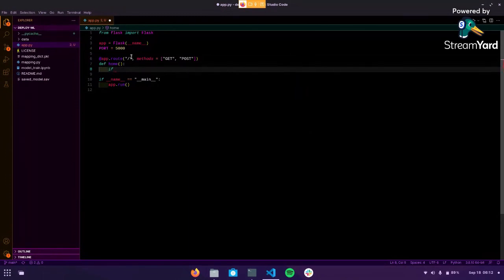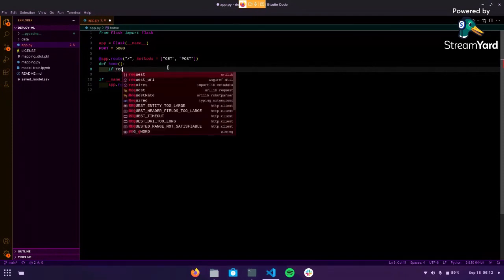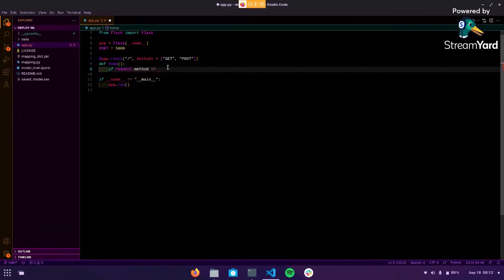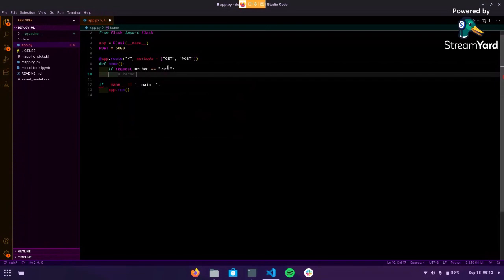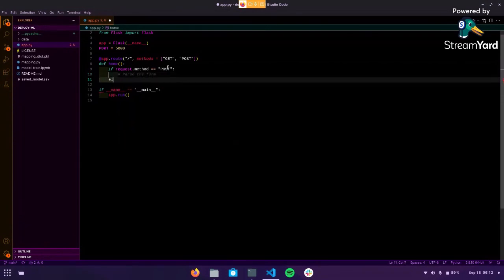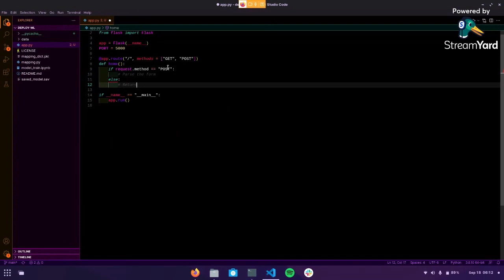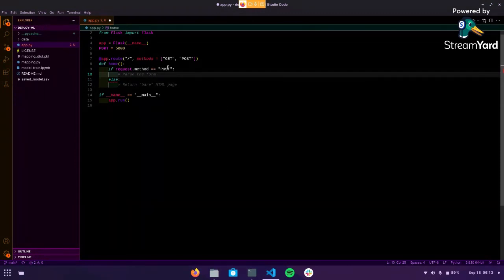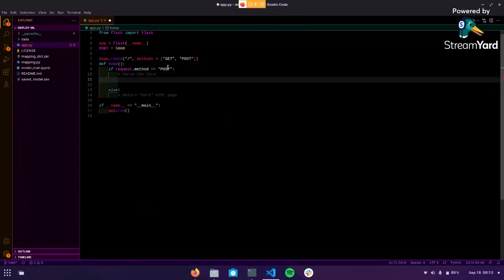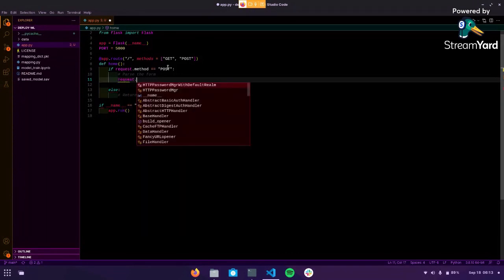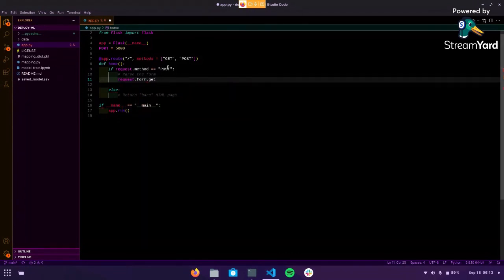And we'd also have to import the requests module. Right, so if this is a post method, pass the form, else just return a bare HTML page. So let's see how we're going to pass the form. request.form.get, sorry, just this, and this will return a string version of the form attribute which you give in